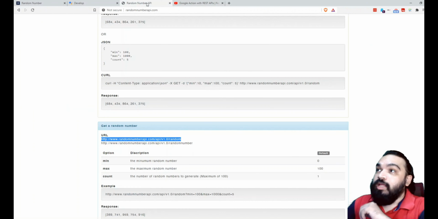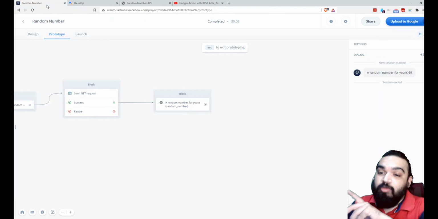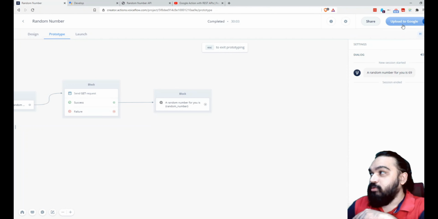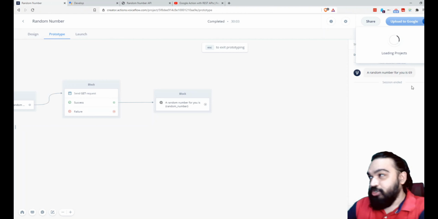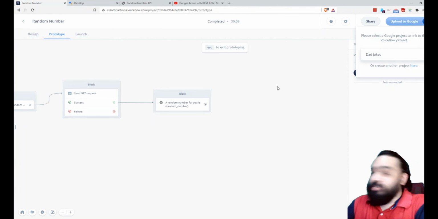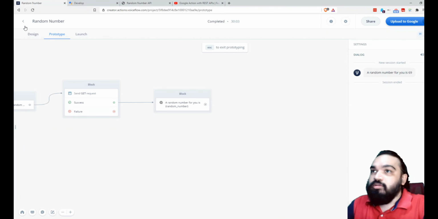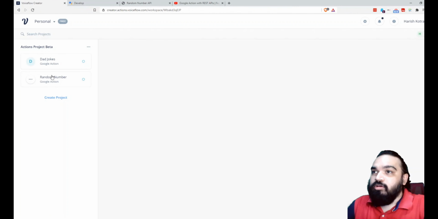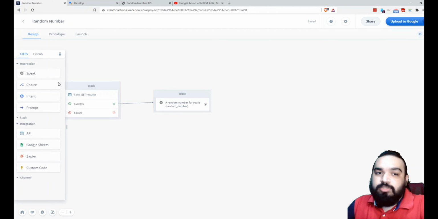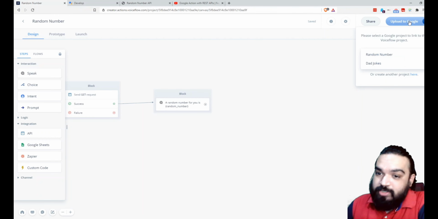Yep, so this part is done. We are in the develop part of the actions that just got created, and now I'm going to go back to VoiceFlow and do upload to Google again to see if it is able to fetch. It is not. So what I'm going to do is quickly do a refresh here to see. Okay, let me just go back and come back into the action. This is my action, and I'm going to go upload to Google again. Let's see if this works now.